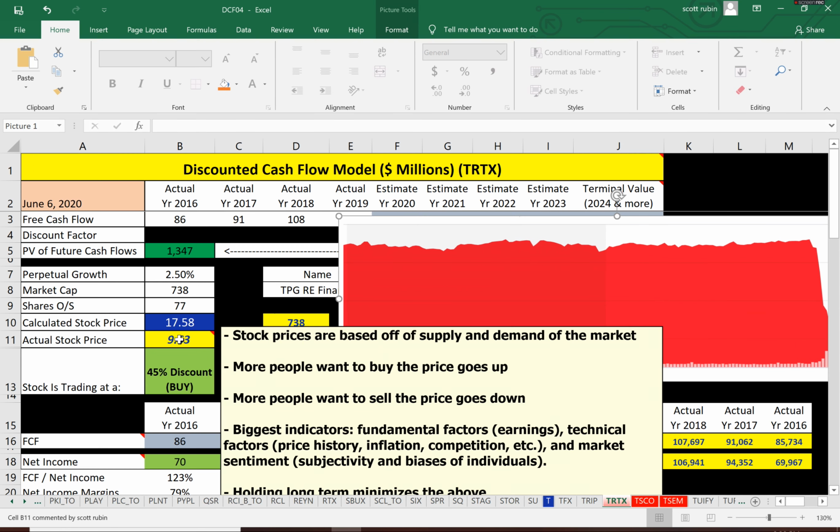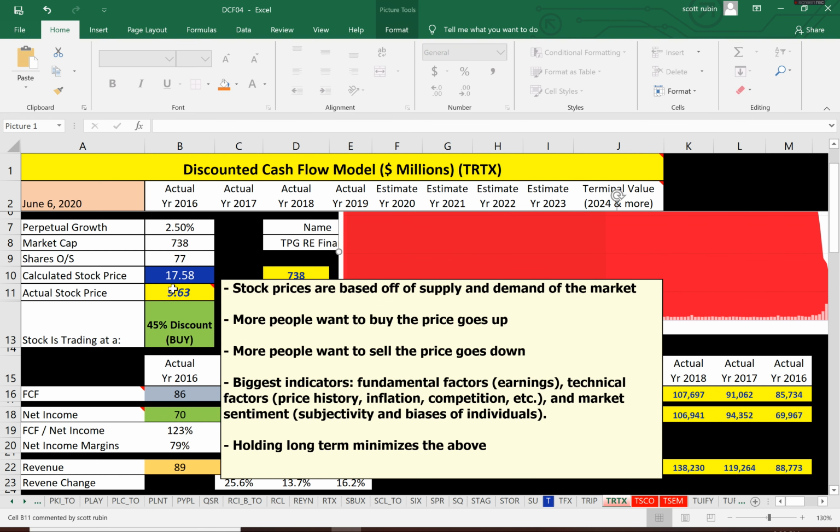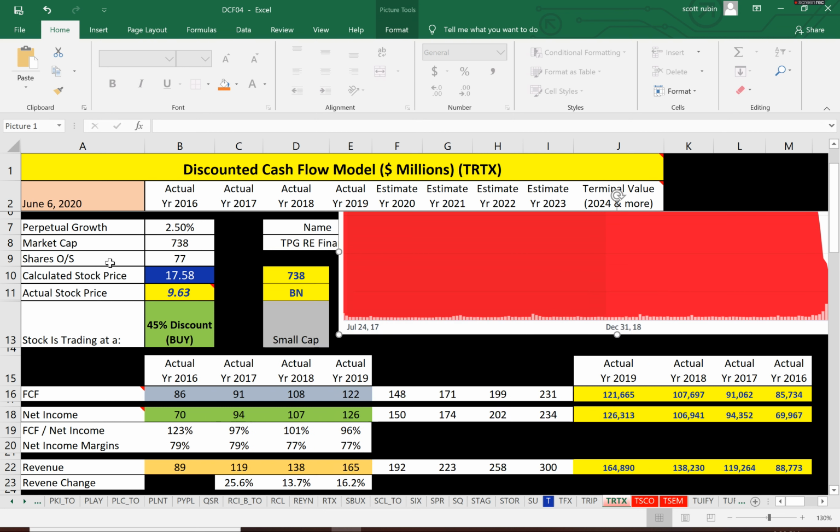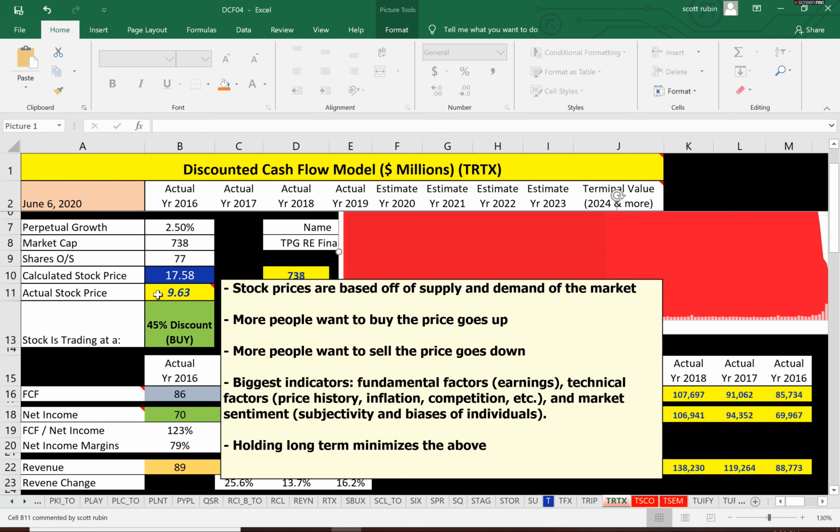But keep in mind, stock prices are not always based off of what the company's worth. It sounds like that would be logical. You would pay what it's worth, but that doesn't happen in the stock market. You pay based off of supply and demand of the market and what others are willing to pay. Other investors aren't willing to pay $17 for the stock. They're willing to pay $9.63 at this point, because more people